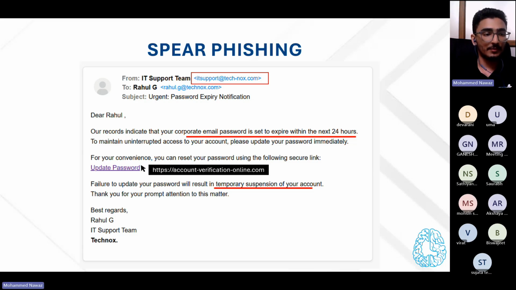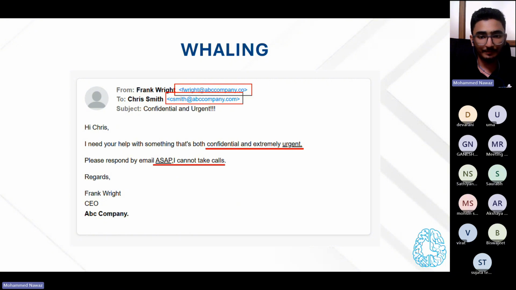Okay, so next we will go to one more, which is whaling. Whaling is a type of phishing that targets important people like CEOs or top executives of companies. Here you can see an example of whaling where the email is sent from